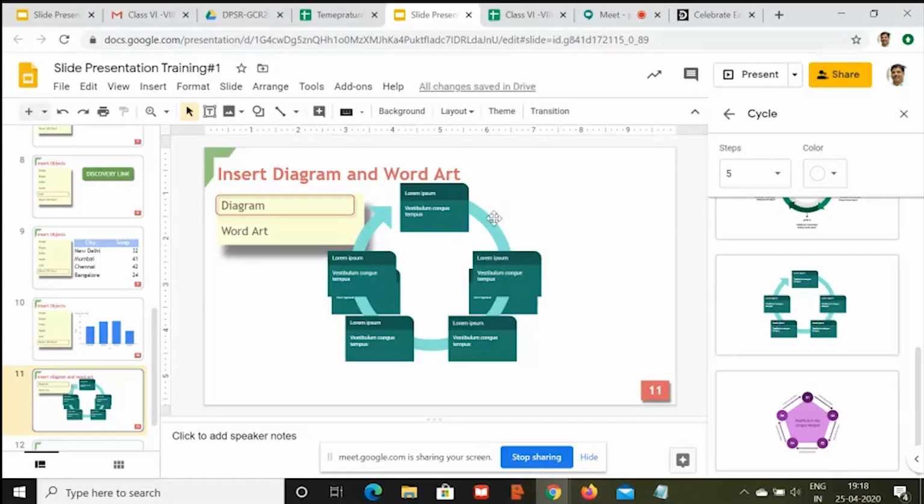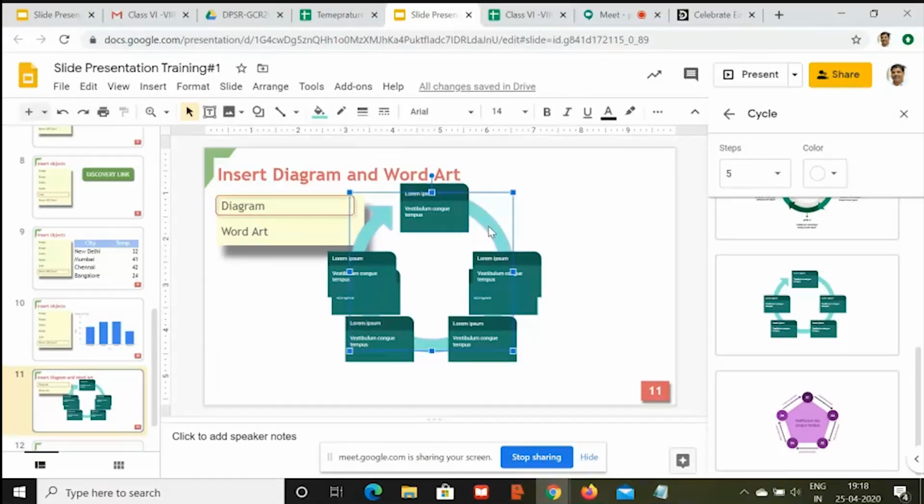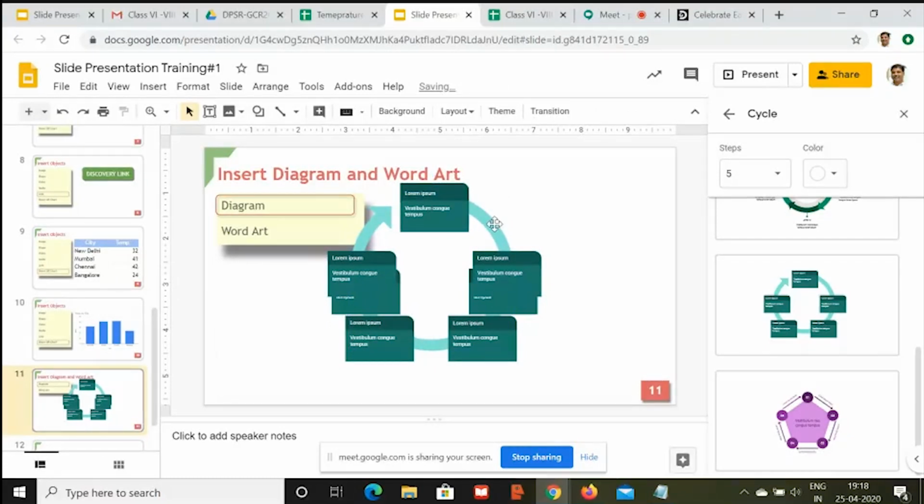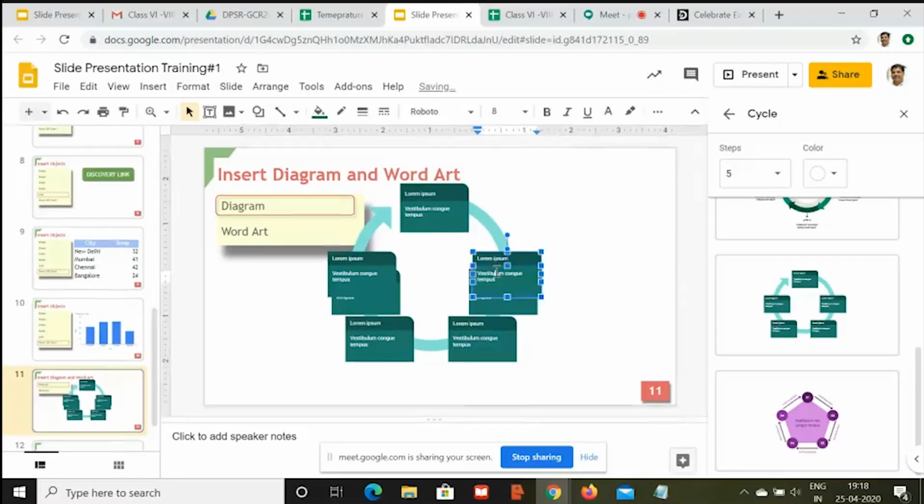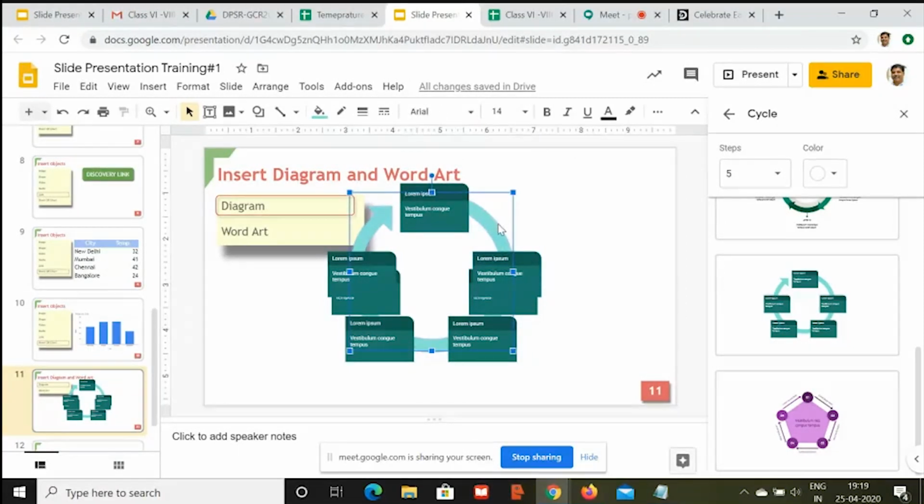And let me remove the previous one. At present, both of them are there, I think. So let me select both of them and remove. Let's delete. So these boxes are left.